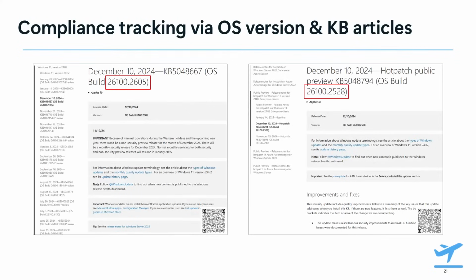The second part about release notes that's really important to notice is I'm showing here the December, the 12B Hotpatch update and standard update from just a few months ago. Here on the left is the standard update. It has its own unique KB number, 48667, and the OS version is 26100.2605. The Hotpatch public preview that month had a different KB number, the 48794, and the version